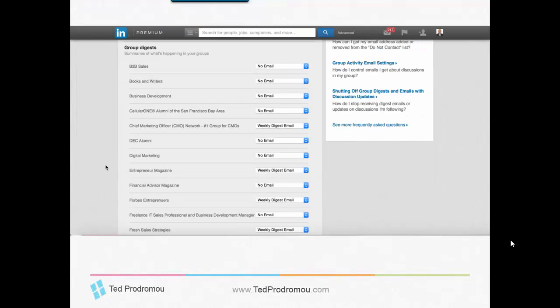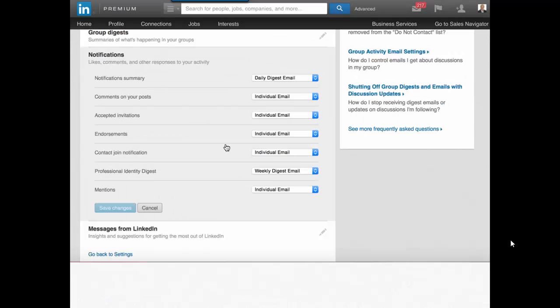And here's the group digest. Most groups I don't get any email from. I don't care, because there's not that much conversation in most groups anymore. It's mostly just people posting content. But there are some groups where there are some interactions, so I want to get that information and get the emails. I don't want an email every time there's a comment, but I do want it at the end of a day, so I can go into that group and do some comments.